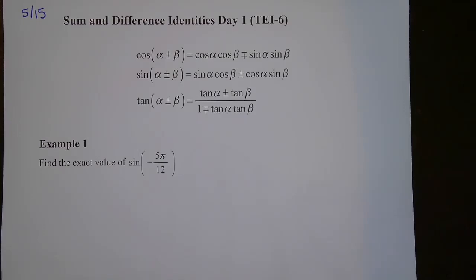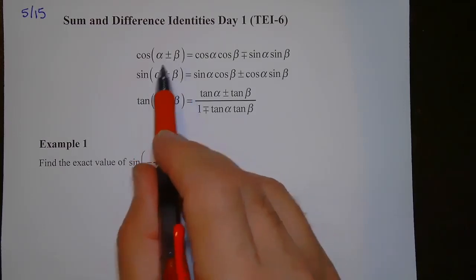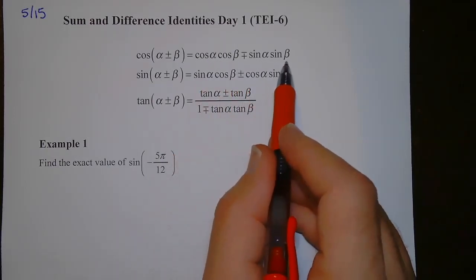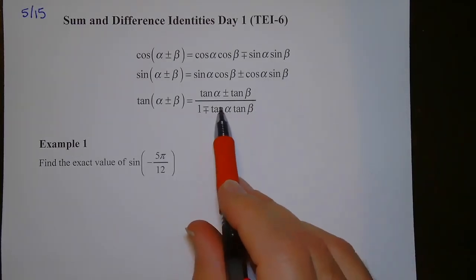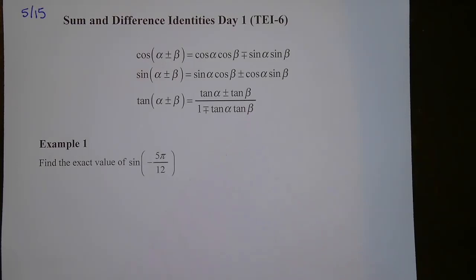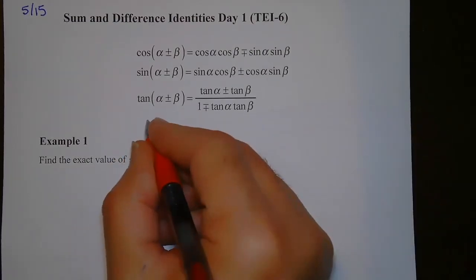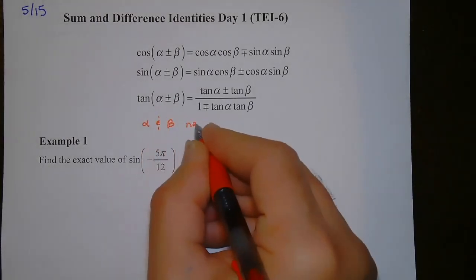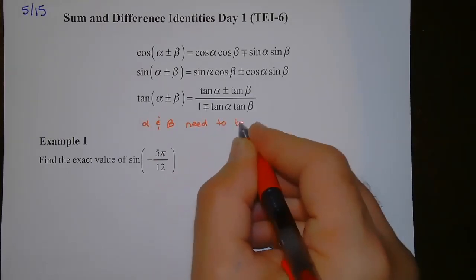Now, this is going to be really important, okay? Notice these alphas and betas, we're going to have to take the cosine of alpha or the cosine of beta or the sine of alpha or the sine of beta, right? Okay, or the tan of alpha or tan of beta, right? So alpha and beta have to be angles that we can find sine and cosine and tangent of, okay? So it's got to produce us a special right triangle, okay? So our alphas and our betas, okay? So I'm going to write this in red, okay? Alpha and beta need to be multiples,